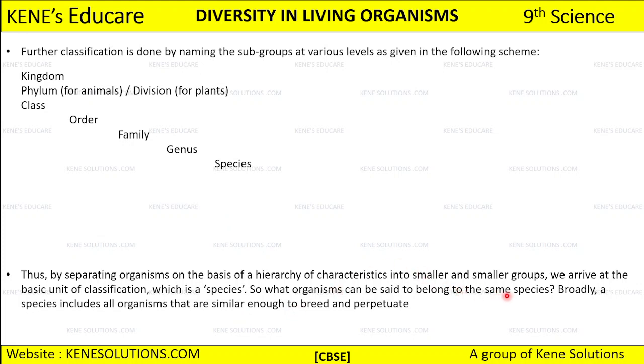Okay, so what organisms can be said to belong to the same species? ऐसे कौन से organisms हैं जिनको हम बोल सकते हैं that they belong to the same species? Broadly, a species is going to include the organisms who are similar enough so that they can breed and perpetuate further. तो एक species के अंदर ऐसे सारे organisms आएंगे जो एक दूसरे के साथ breed भी कर सकते हैं. They will be similar enough so that they can breed as well as perpetuate in that environment. Okay,